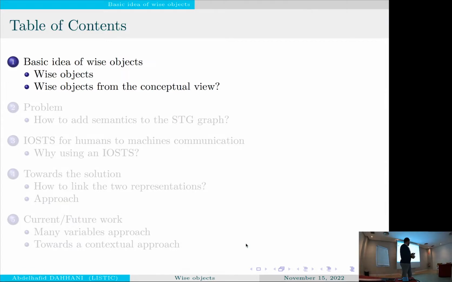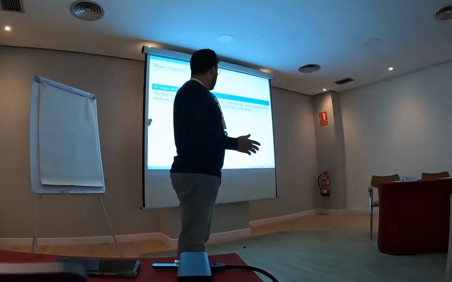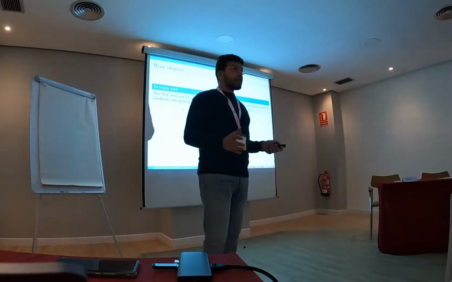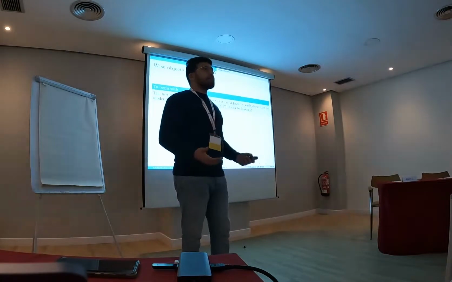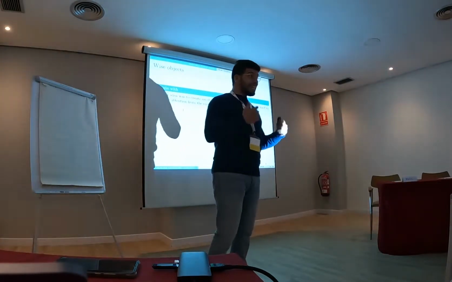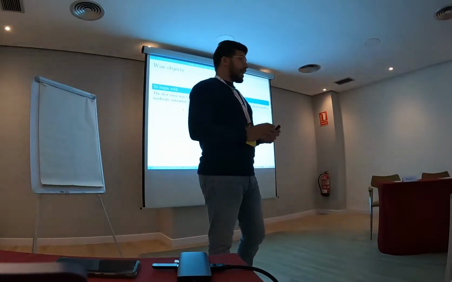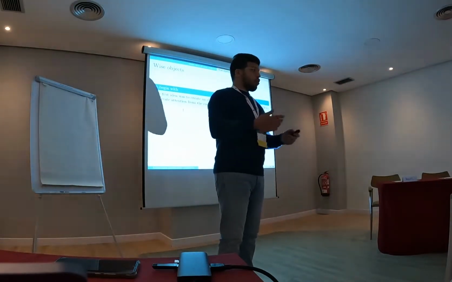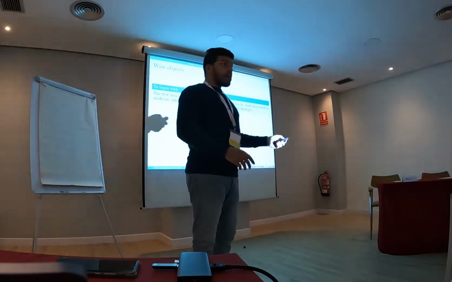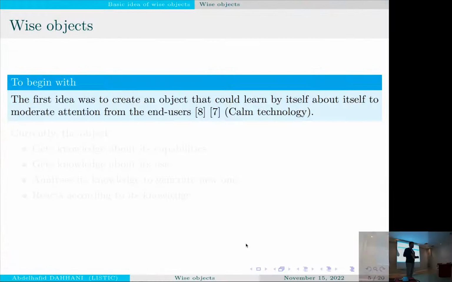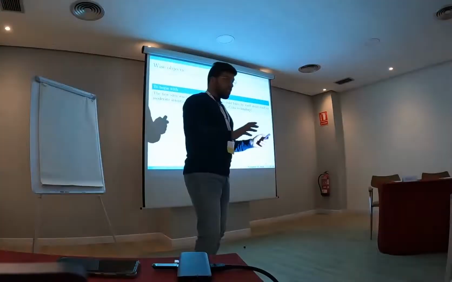So, to put you in context, I will begin with a little story about what we were doing in Listic Laboratory. The context is the Weiser object. Years ago, my supervisors tried to invent something that could know itself by itself without any human. It's like an object that learns about itself. When we have, for example, a connected object, whether a roller shutter, a TV, a microwave, or whatever, it can learn its capacity, its capability, without humans. Also, this Weiser object could be software, an application, for example, linked to the domain of banking or whatever.